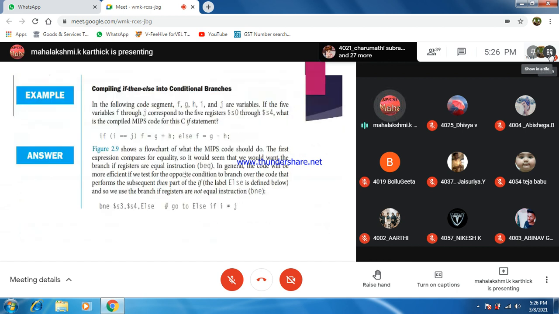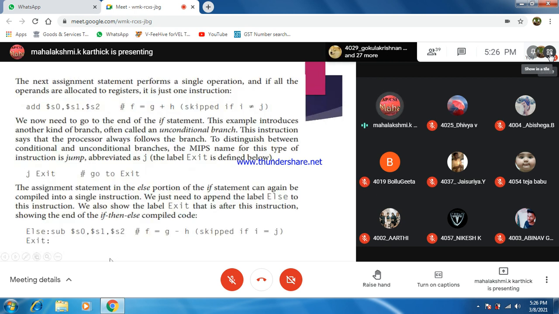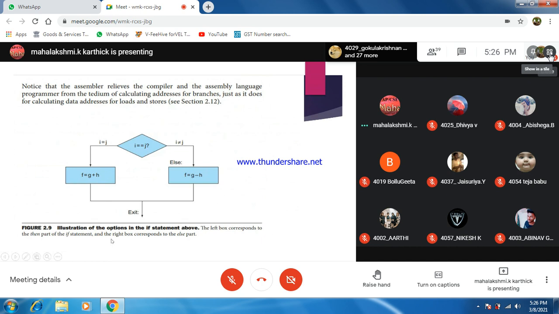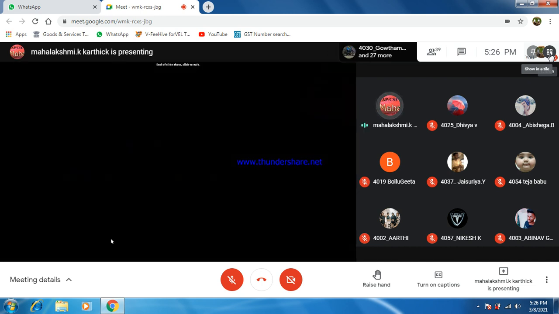For any type of decision making statement given, we have to analyze the register value. If the condition is true, it goes inside the if condition statement, else go to the label. So here we will frame that first line label. Then the process happens. That's the point. That's enough today.